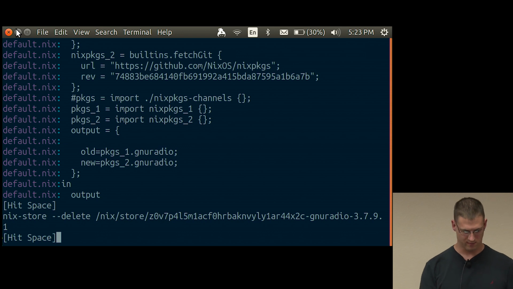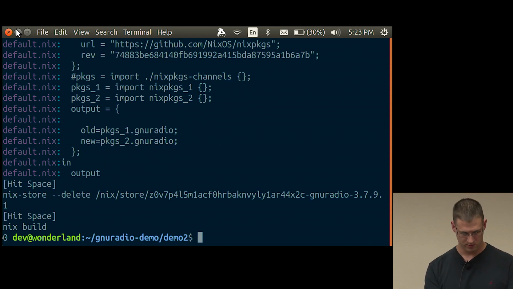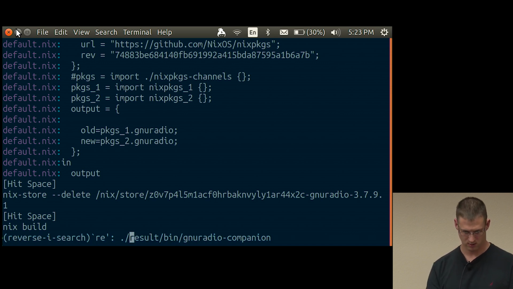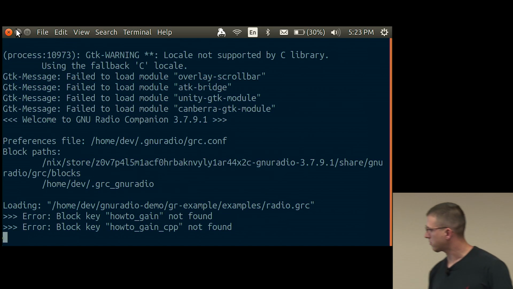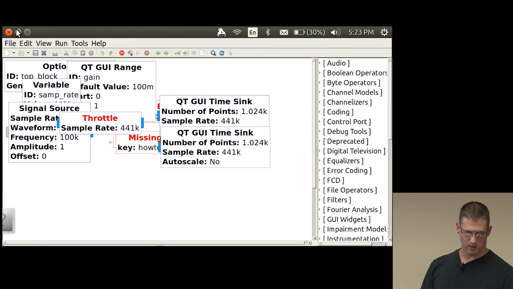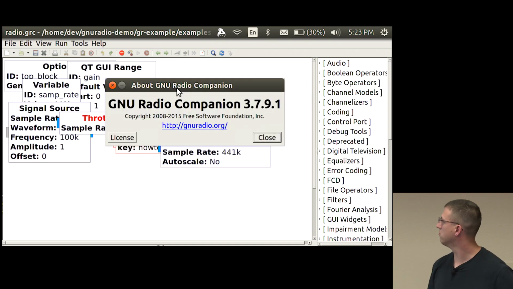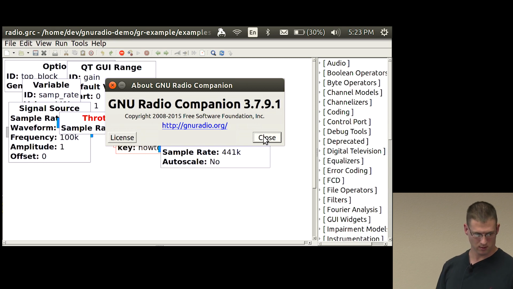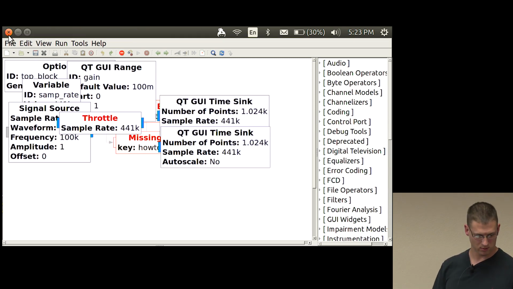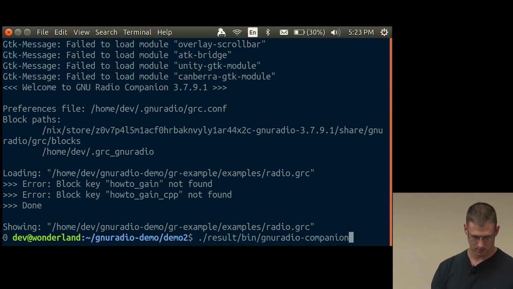First off, let's delete what I have locally just so I don't cheat. And now we build it. So now we have gnuradio 3.7.9. So that's, when's that from, a few years ago? All right, that seems to somewhat work. Let's now go to